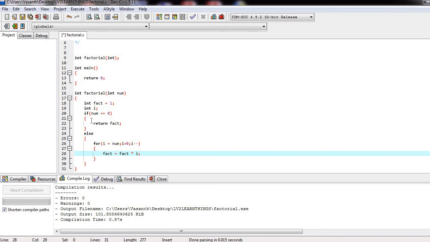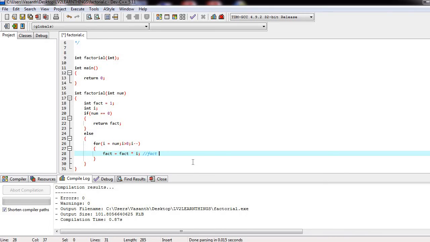So as part of the first iteration, let us take that you have given number 3. So it is greater than 0. It will come here and assign that 3 to i, and 3 is greater than 0. So it will come inside this for loop, and it's going to calculate the factorial value.